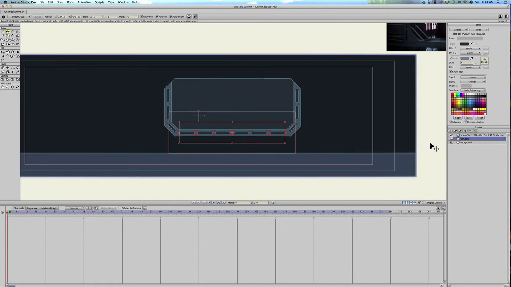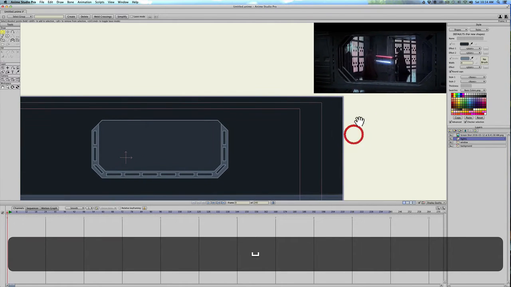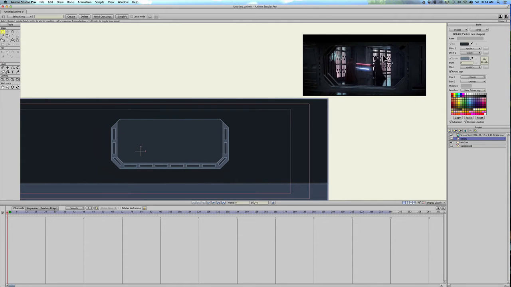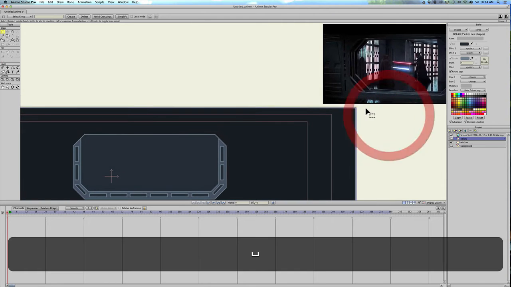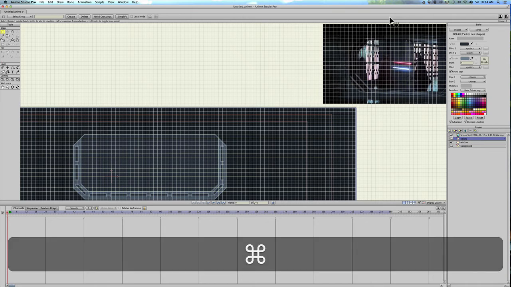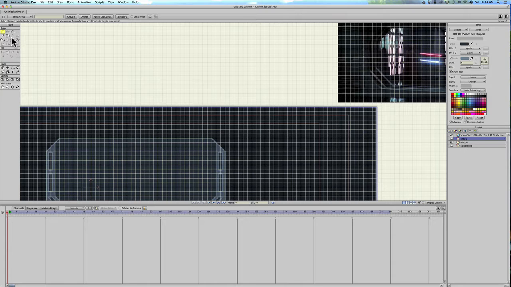Okay, and now I'm going to create another vector layer, and we'll call this one lights. One of the features, especially in the Star Wars scene with Obi-Wan Kenobi and Darth Vader, is these type of grid lights in the background. So an easy way to create these in Anime Studio is to, once again, use the grid, because they're symmetrical objects. And I'm going to draw a shape again, and I'm going to select white for the fill,